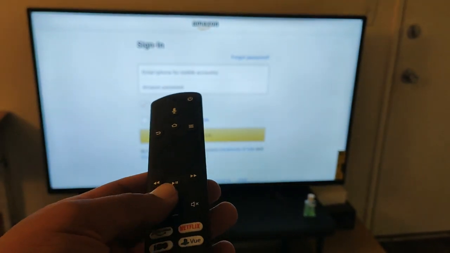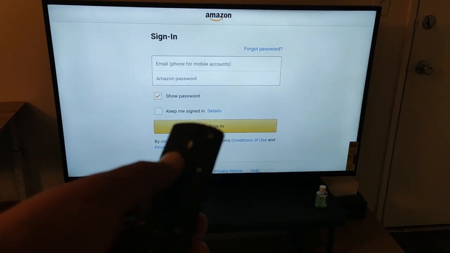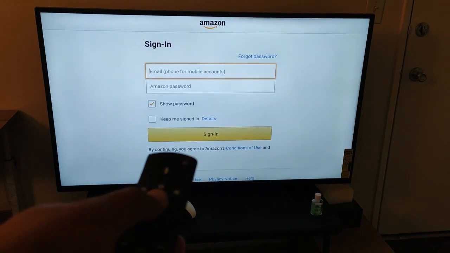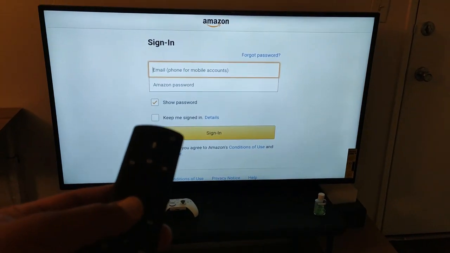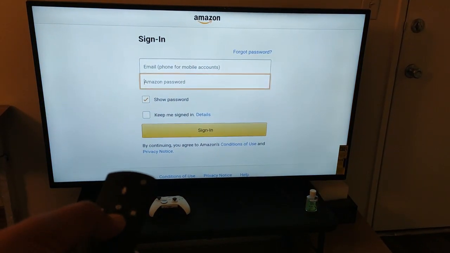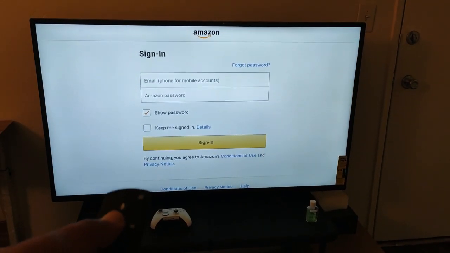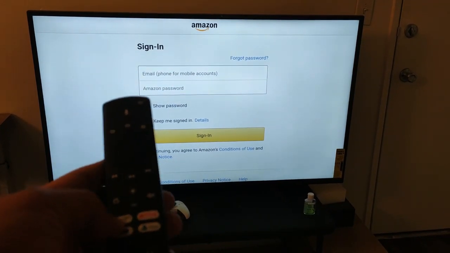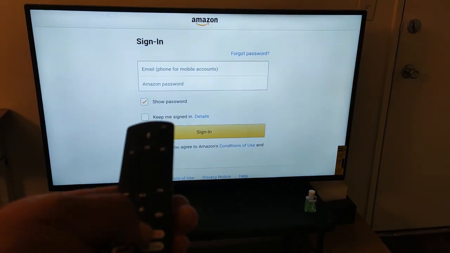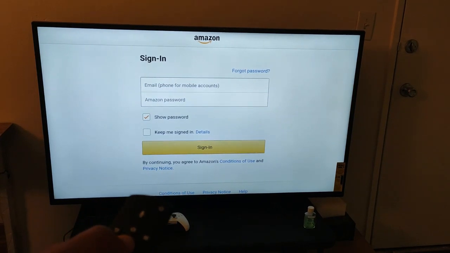So recently I faced one issue in Amazon Fire TV, that the TV was stuck in the Amazon sign-in window, and I was unable to find the solution for this. No matter whatever I do, even if I provide a valid login sign-in ID and password, it doesn't go away from the screen. I press home, it stays at home for 1 second and again comes back to this login screen. I go to Prime Video, again it comes back to here. I try to go to Netflix, it stays there, but as soon as I click home, it again comes back to this Amazon sign in screen.